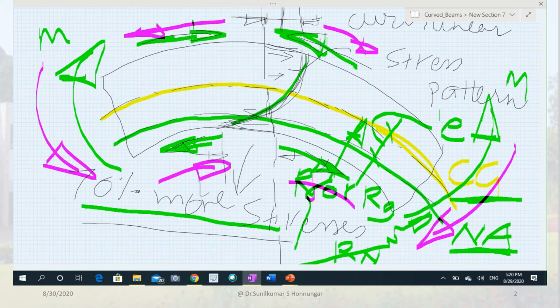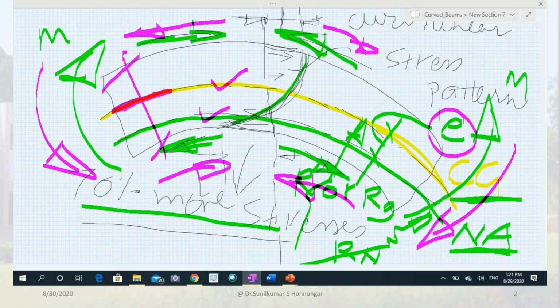So try to understand with respect to this, the rest of the things will remain the same. Rest of the things means what? The neutral axis remains towards the center of curvature all the time, and the geometrical axis will be at the middle of this particular height, or the middle of this particular cross section. That is the geometrical axis. It always remains the same. The difference between the geometrical axis and the neutral axis is the eccentricity e. So this you should understand.